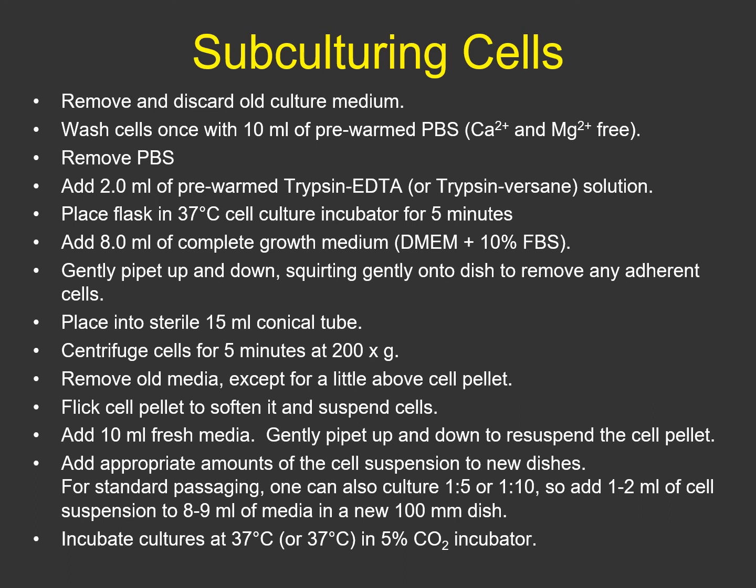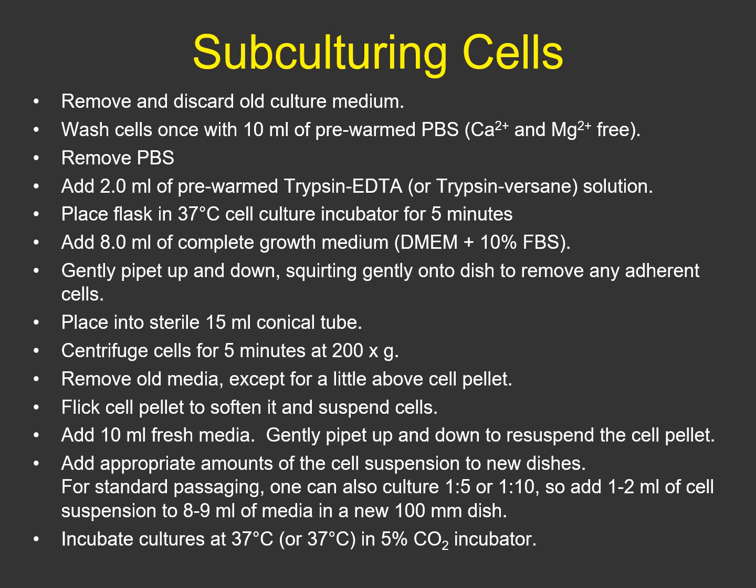One is that FBS has a bunch of other proteins, including bovine serum albumin. These other proteins act as a competitive inhibitor for the trypsin. The trypsin would attack these proteins instead of the cell proteins. The second thing is that the FBS actually has in it a component called trypsin inhibitor, a molecule that will actually inhibit the trypsin. And so the addition of this growth media will stop the trypsin from working,